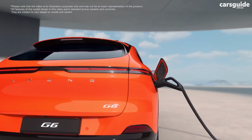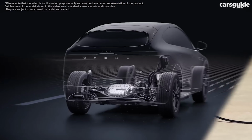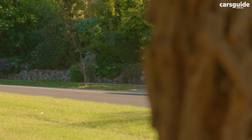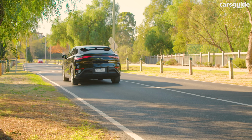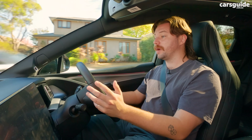But the XPeng charges at a higher rate. Its 215 kW DC charge rate has the BYD's 150 kW rate beaten, so it takes just 20 minutes to charge from 10 to 80%. BYD doesn't have a specified claimed charge time, but a bigger battery and a lower charge rate should result in a longer time. In positive news, there are no real major red flags when you're behind the wheel of either